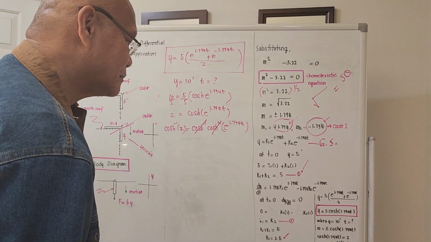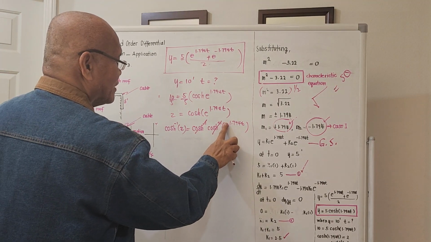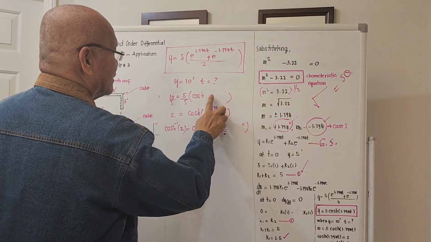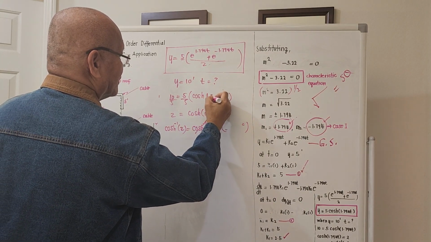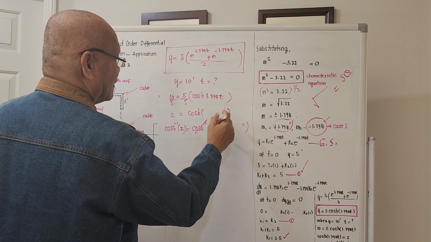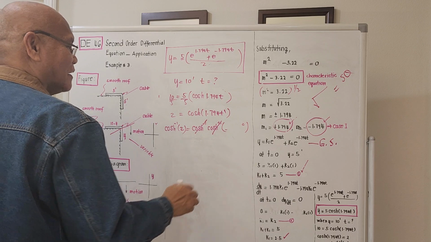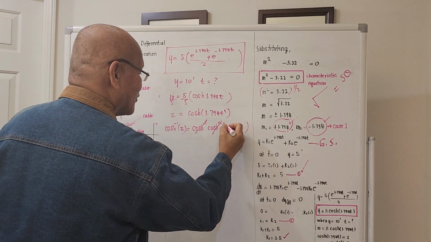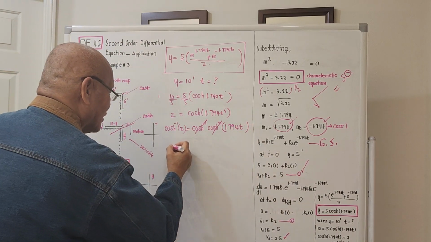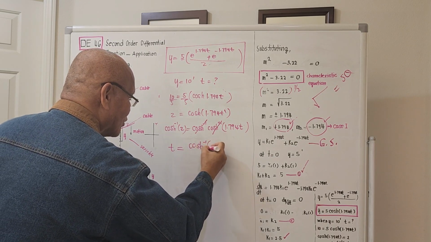Sorry for this one. It's only 1.794t, no more e. Since this cancels out, t now will be equal to the inverse hyperbolic cosine of 2